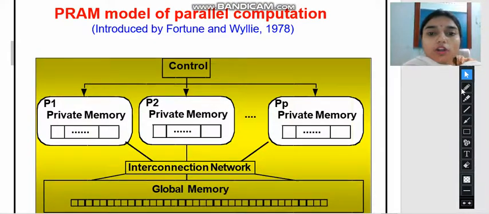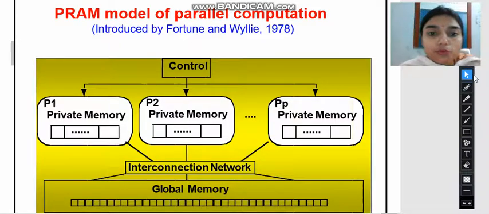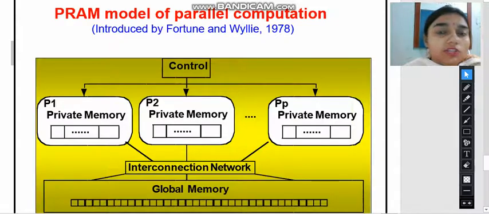So this is the PRAM model of parallel computation. It consists of a control unit and an unbounded set of processors, each having its own private memory. Here the active processors execute identical instructions. Every processor has a unique index, and the value of the processor index can be used to enable or disable the processor or influence which memory location it accesses.